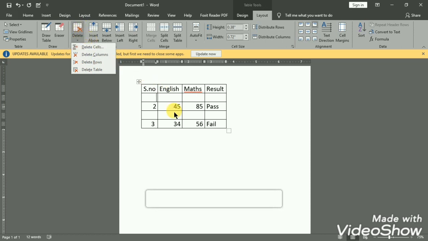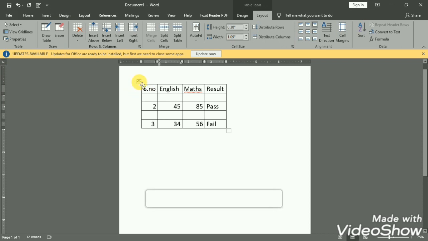Whenever you want to delete only the data, but I want to keep the table structure, then you have to select the table. How to select the table? Click on the plus symbol present at the top of the table, and the table will be selected.